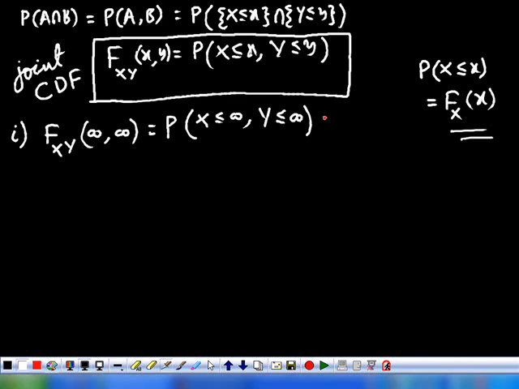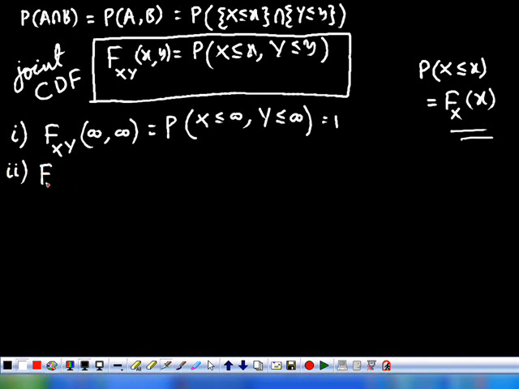Understood? So which will be equivalent to 1. That is, if you see that xy plane that we already plotted, that entire plane. So therefore the random variables x and y are taking all points.